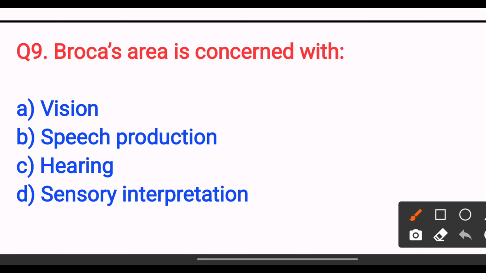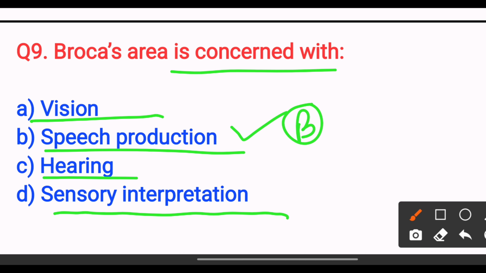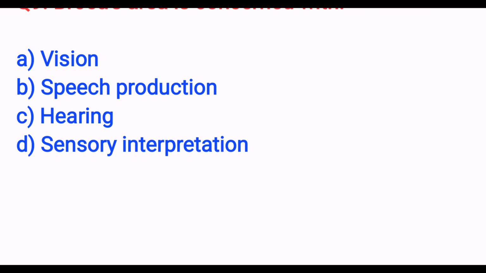Broca's area is concerned with: option A, vision; option B, speech production; option C, hearing; option D, sensory interpretation. The answer is option B, speech production, because Broca's area in the frontal lobe regulates the motor control of speech. So the answer is option B. Next,